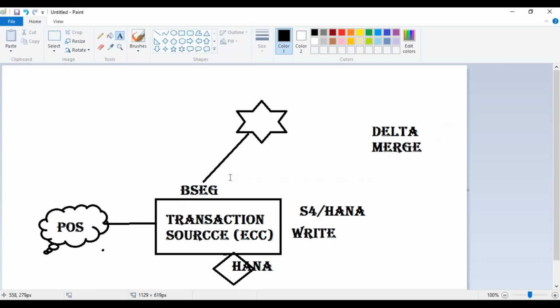But I already told you that row stores are better to write. I don't want to confuse you, but there's a magical concept called delta merge. We'll come to that tomorrow. Just remember, don't read on delta merge yet, but read on row store, read on column store, read on the competitions that HANA has, and read on what HANA is.